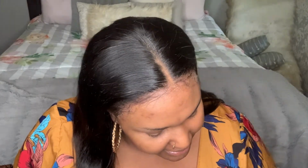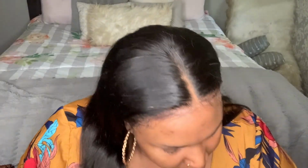I got some things that I purchased, and I have some things that I was given for free, like the sample sizes. They gave me a huge box with items like perfumes and skincare items, and this so happened to be one of them. This brow pencil from Anastasia Beverly Hills is a little mini sample size like this. And this one is the Brow Definer Triangular Brow Pencil. I have tried